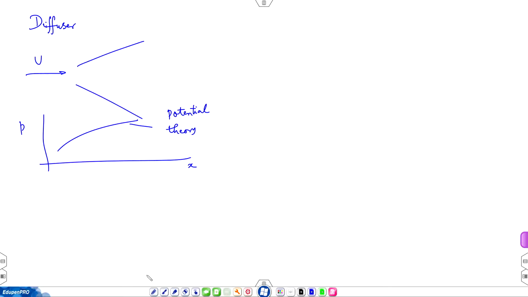But experiments show that pressure will not, this is called pressure recovery. It will not recover, it will not increase along this line. Instead, it tends to become a constant. So, these are